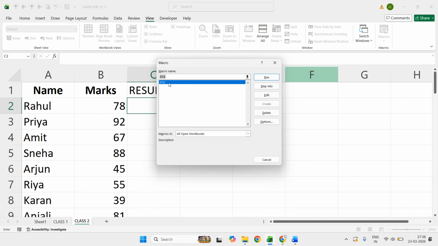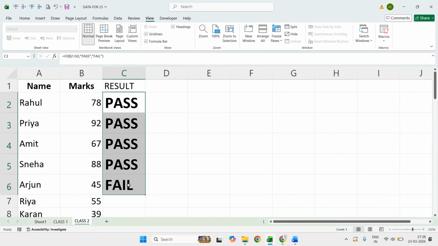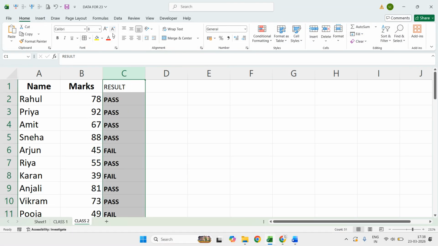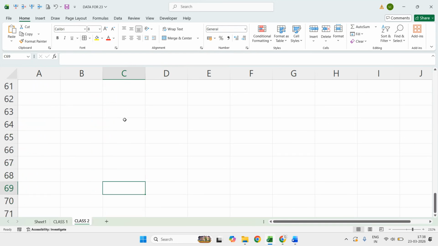Stu is that macro which I have already recorded. I will just click on this run option, and you will find that whatever we have done is executed here. That same if function is now executed here, and pass, fail, all of this is executed properly.